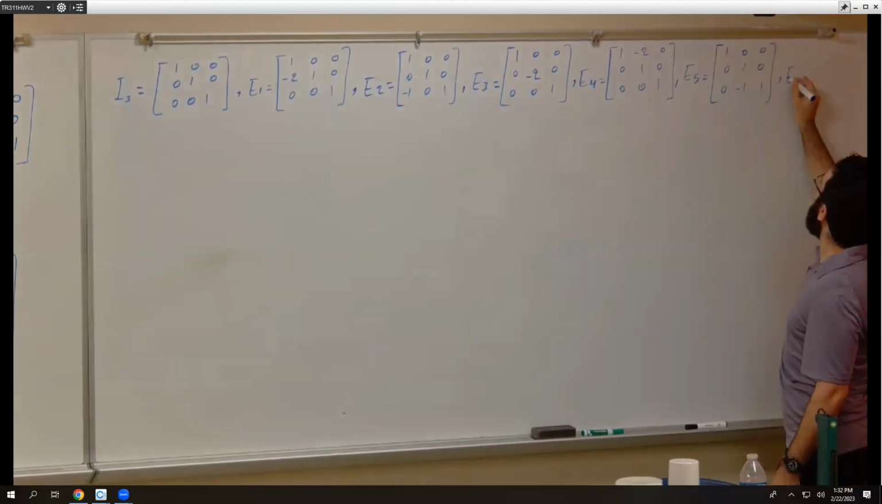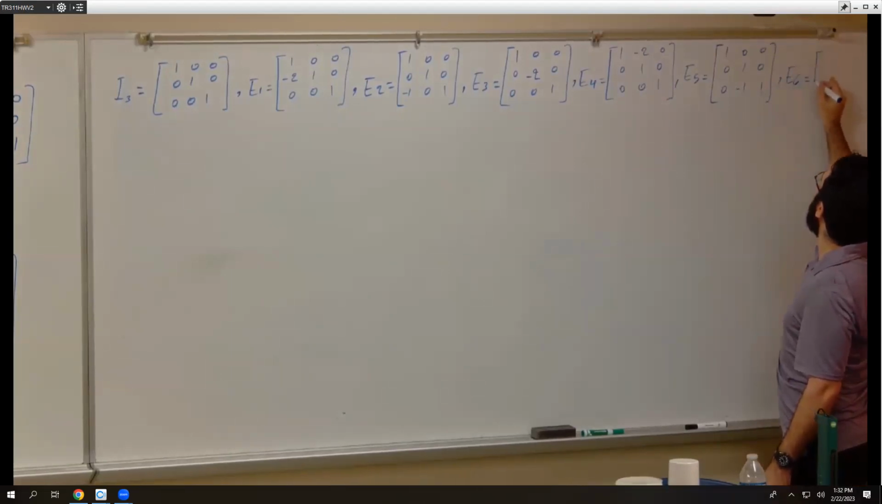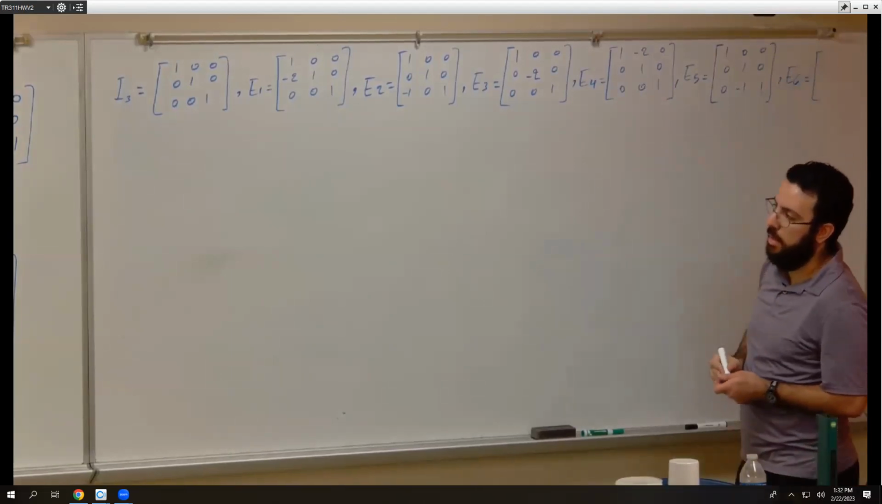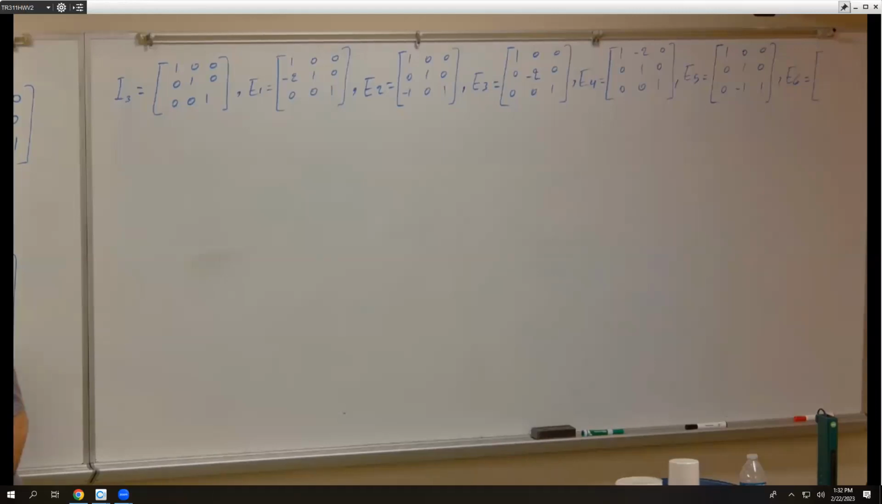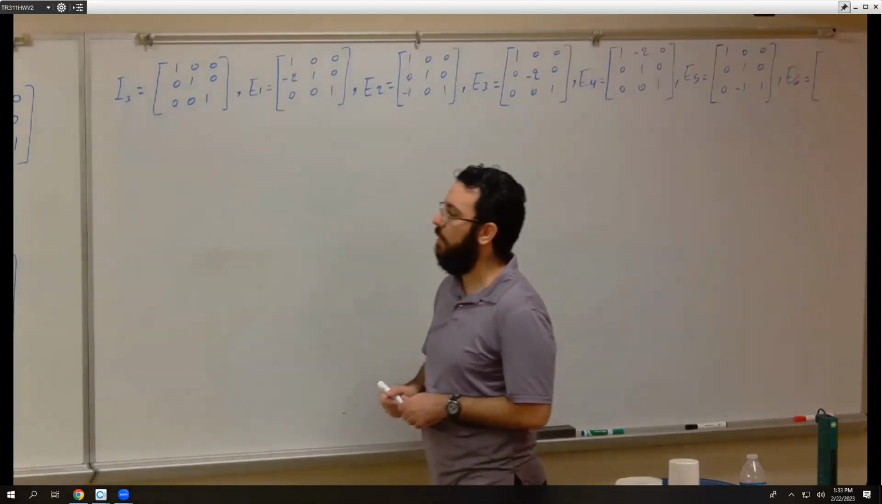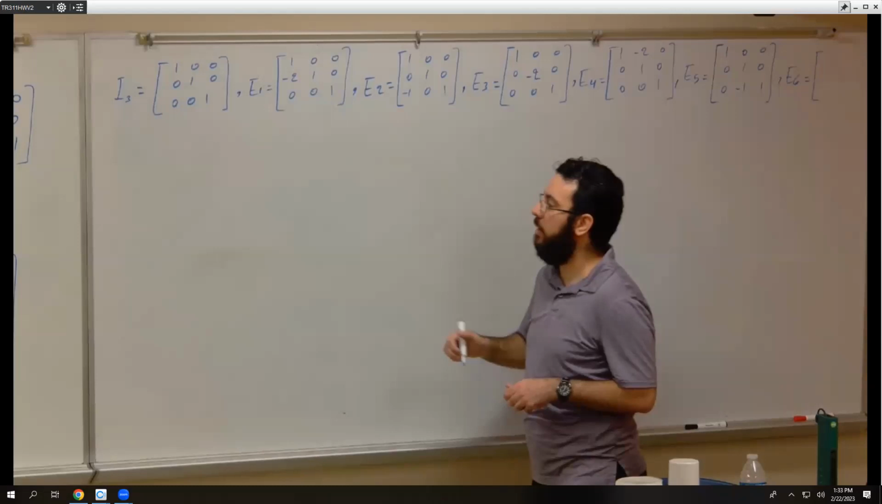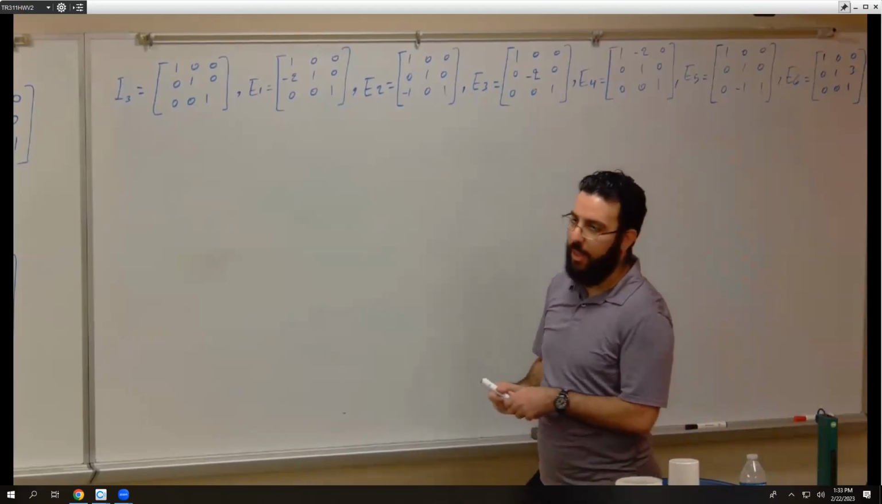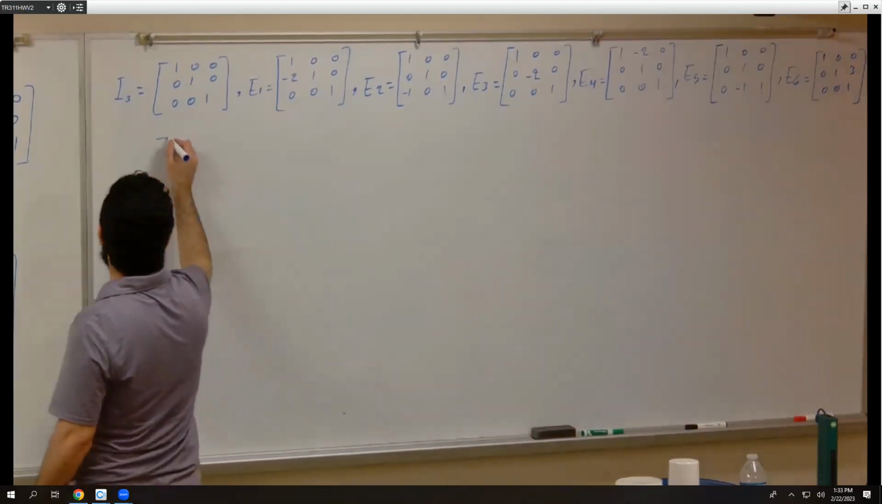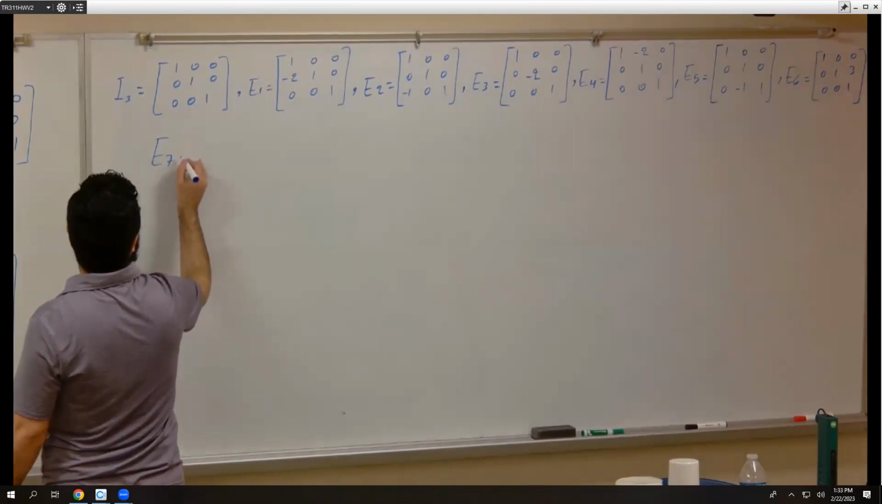What about E6? Which one, E6? This one, right? So which number did we work on? Negative 3. So negative 3 became 3, which is, so it's going to be 1 0 0, 0 1 3. Yes or no? The last one, E7, is going to be